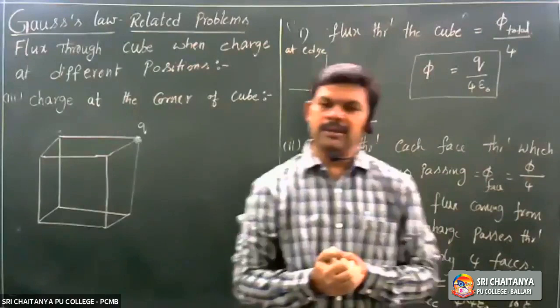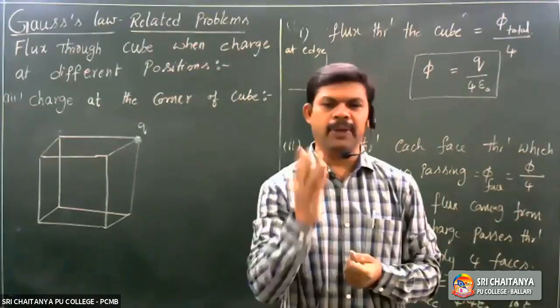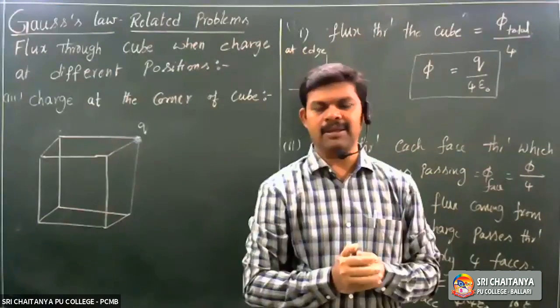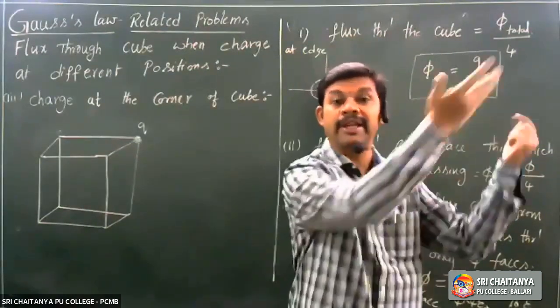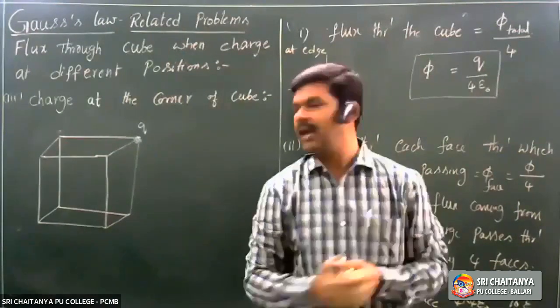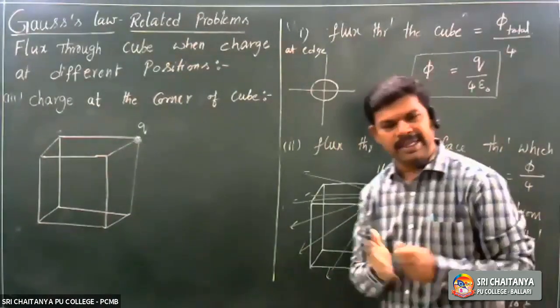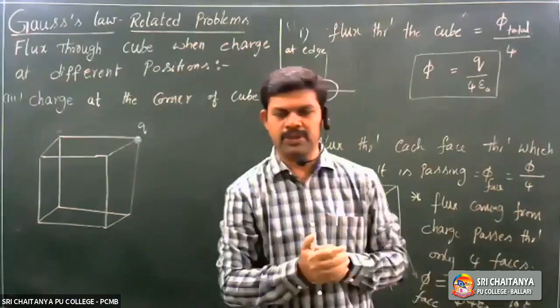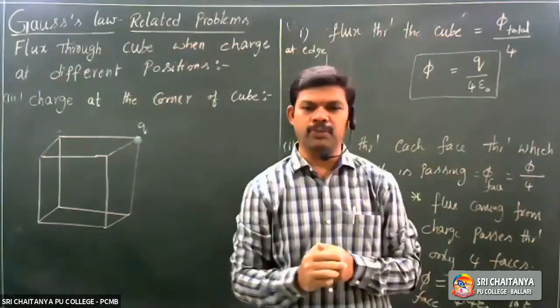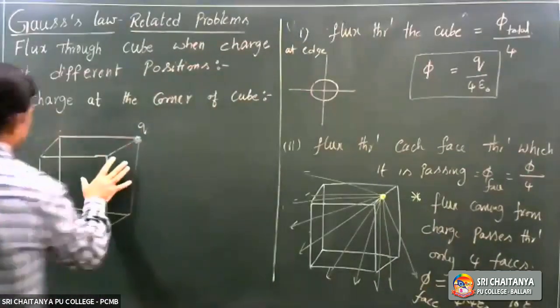Now imagine, or simply you can remember, a corner is a part of 8 cubes. At the corner you can join 8 cubes. As in the previous example, at the edge you can join 4 cubes. To enclose the corner, you need 7 more cubes. It is not possible to draw here.